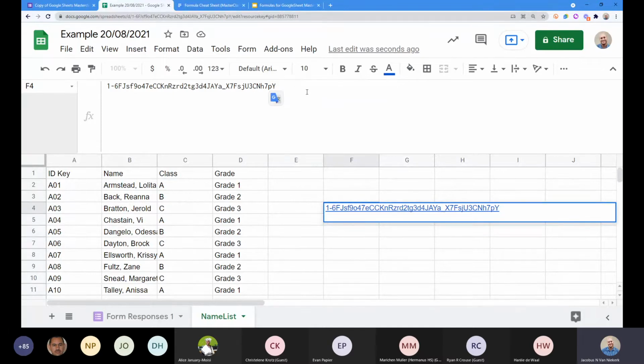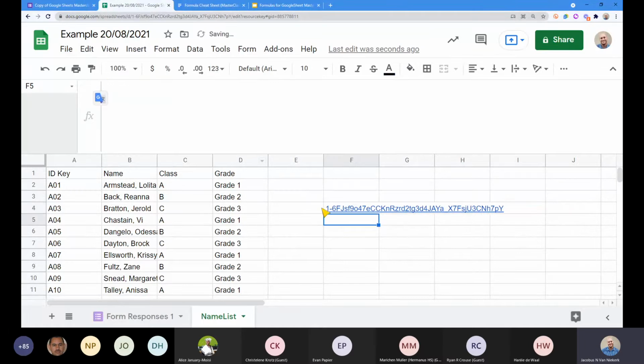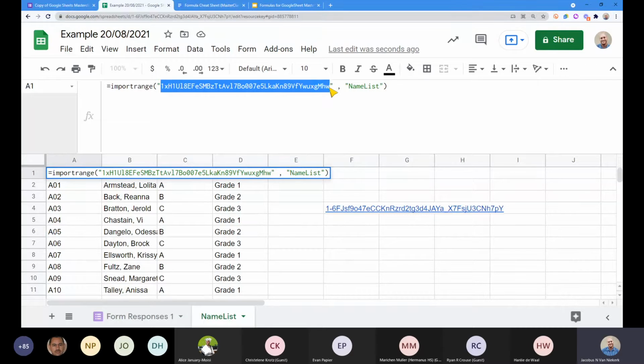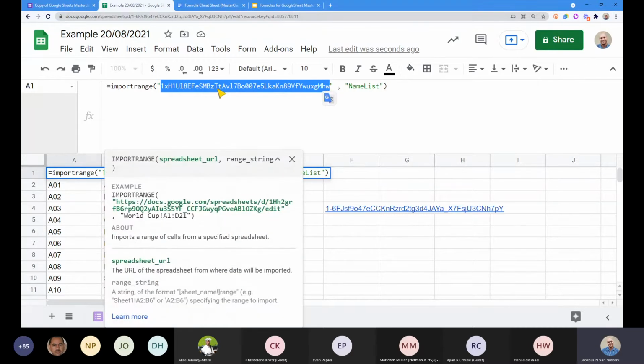Now, just be careful when you're doing that, because the minute I take away one extra letter, suddenly it won't work because it won't be able to find that sheet. So make sure that you use exactly that ID key. But when you are first getting used to it, the first time you do it, it's actually easier rather than using only the ID key, which you can see I've used, to use the long one.